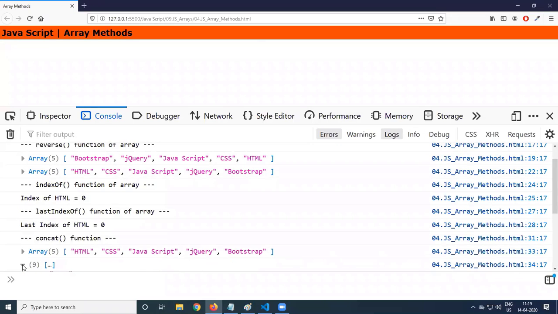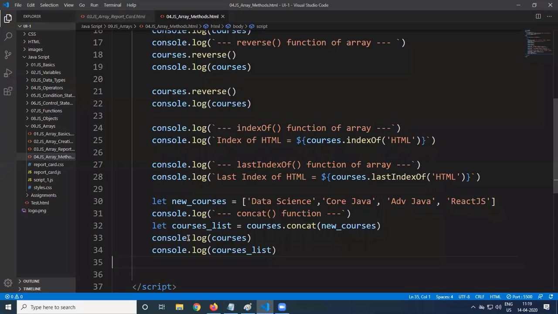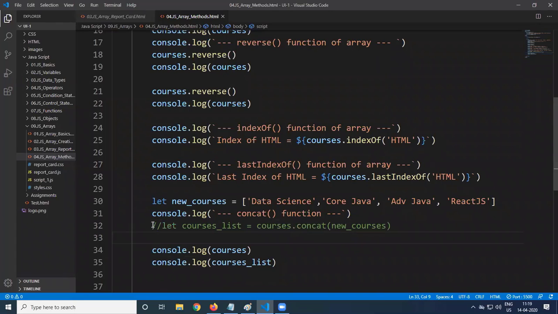Up to Bootstrap, we were having that, then along with that, the other array is also joined. It is not only that; you can give the values separately also. So courses.concat(new_courses, hibernate, spring).